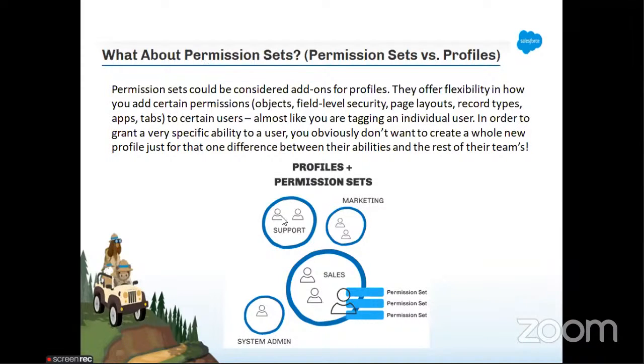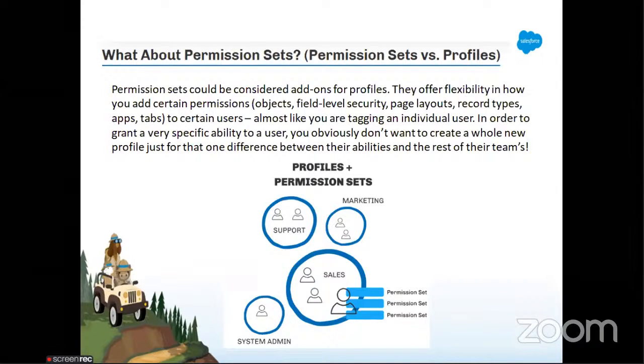So if we talk about permission sets, a permission set is basically used to add functionality to a particular profile, right? That means when we create a profile, it has its own permissions, and we want some add-on permission. So for that we create a permission set, and this is assigned to a particular user, right? So by using a permission set we can simply give more power to a particular user, because we are not creating